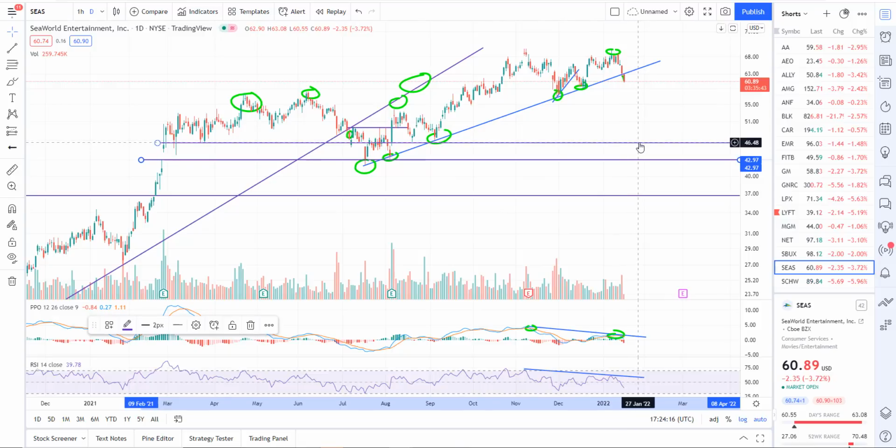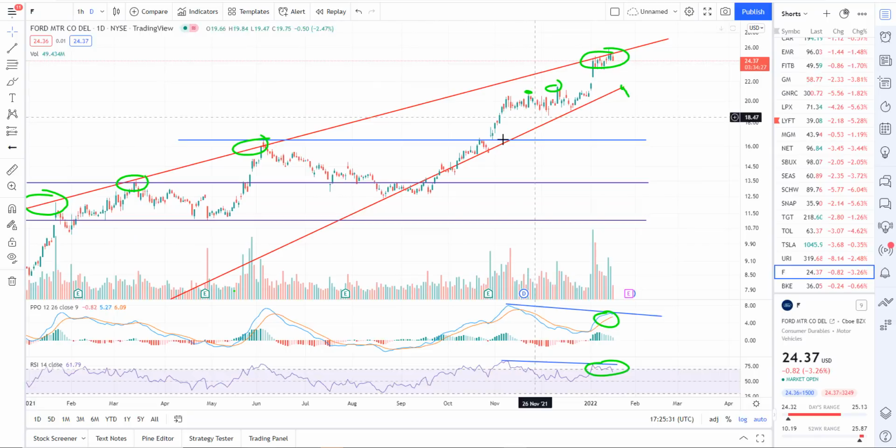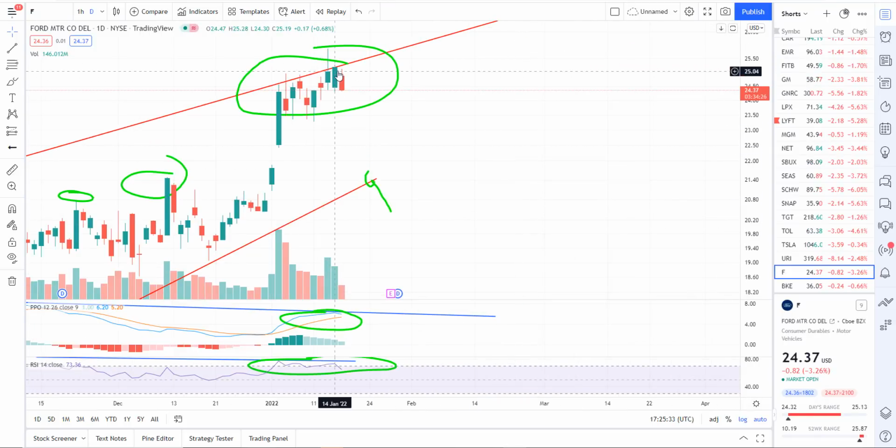We've got one here at 46.50 we'll call it, 43, and then obviously this 36.70, 36.80 area. Okay, so I like that for a short trade to the downside. Ford, all right, Ford still looks good for a short, down a little bit today, still kind of hanging out